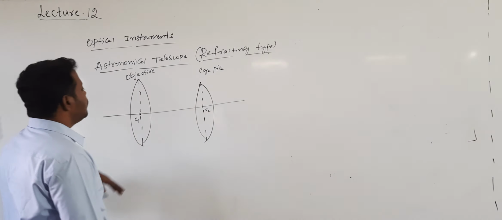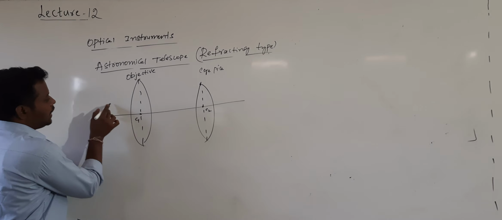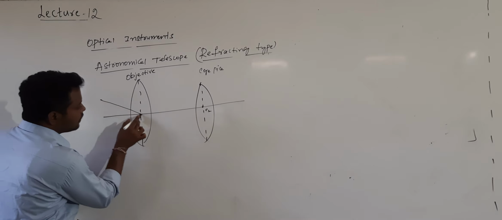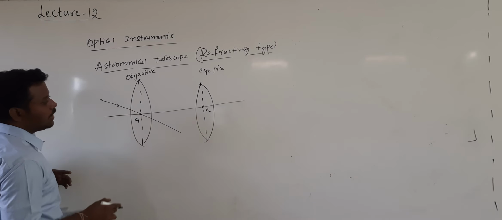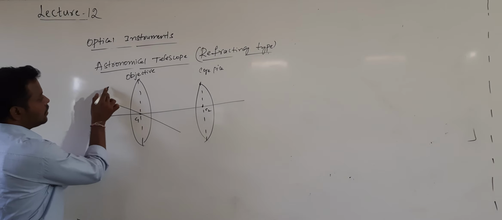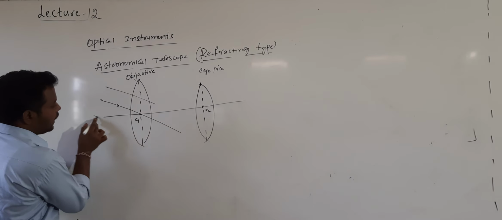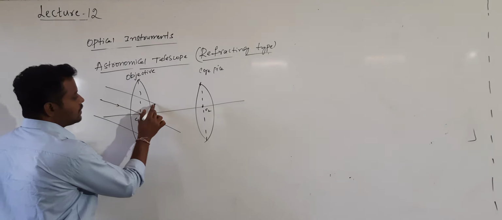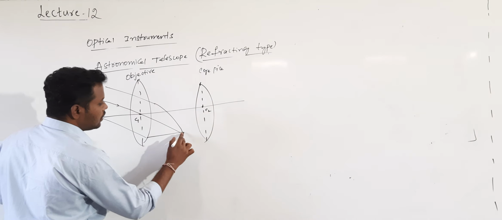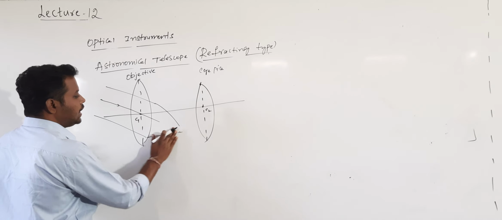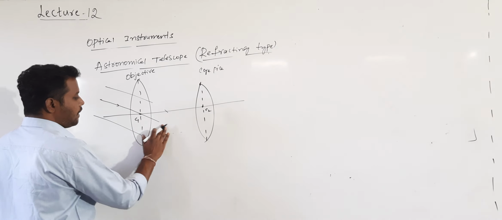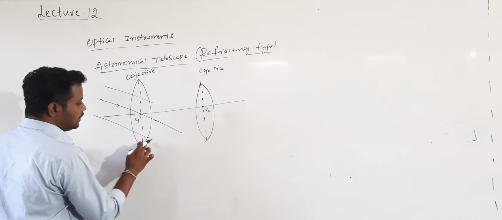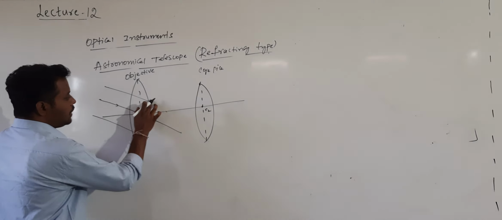Now initially for this astronomical telescope, the object is at infinity. Whenever the object is at infinity, the light rays become parallel to the principal axis. If any light ray passes through the optic center, it comes out without any deviation. Let me call that one light ray, and here another light ray. You know that whenever light rays are incident parallel to the principal axis, after refraction the light rays will converge, and finally here we will get the image. This is the light ray which travels without any deviation, and these rays will be refracted.